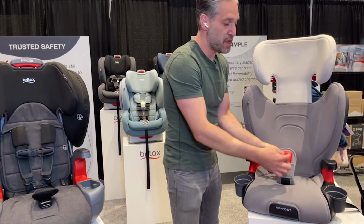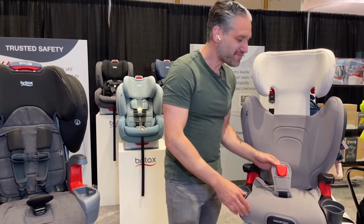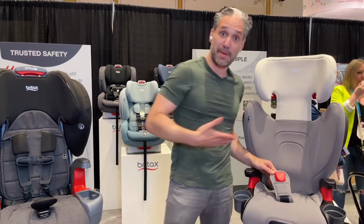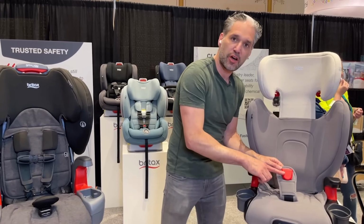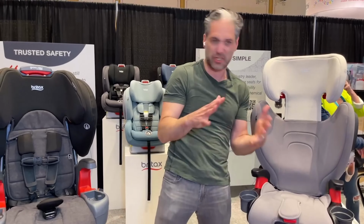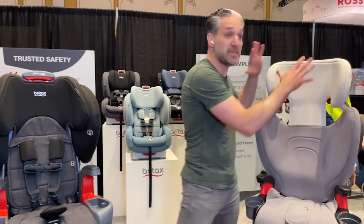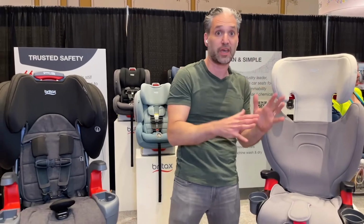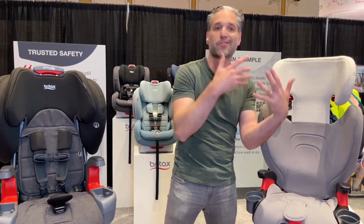They also have this piece called Secure Guard, and what that does is the lap belt again goes across the child, and the lap belt goes under the Secure Guard, so the kid can't slide out from underneath if they're a smaller child. And that is an extra layer of safety for them. So this does not have a harness. So if you are looking for a true booster seat for that older kid,